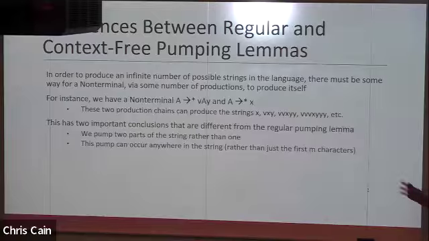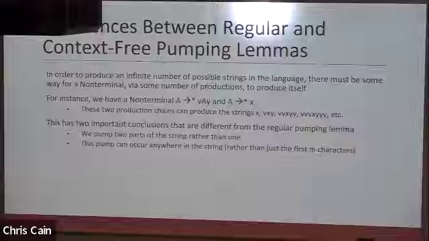This pump can occur anywhere on the string, but the pump does have a cap to its length, which is based on the number of productions in the grammar, as long as the grammar is in a particular form that restricts the number of terminals that V and Y can pump. And we can create a grammar that only creates a V and a Y of length at most 1. So we can place a restriction on the size of that, and that creates a restriction to the length of the window that we look at on the string. It is going to be at most the number of productions in the grammar. So very much like the number of states in the accepting DFA, we're going to have a number of productions in the accepting grammar that becomes a termination point.